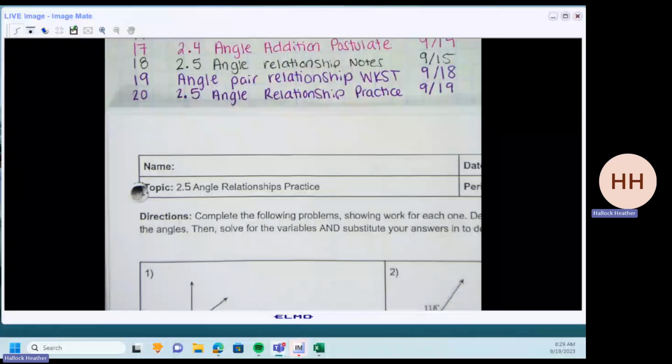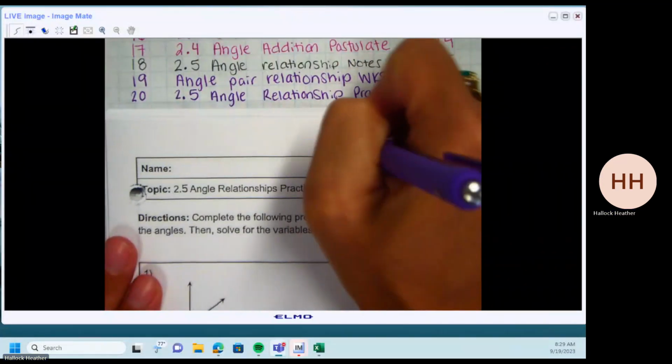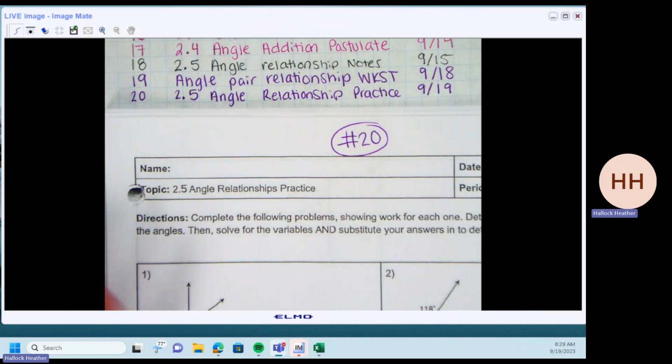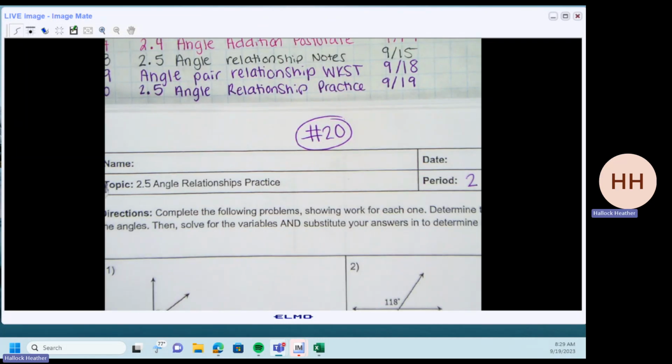Put number 20 because every paper should be numbered. And then this is period 2. We're going to start with, let's do number